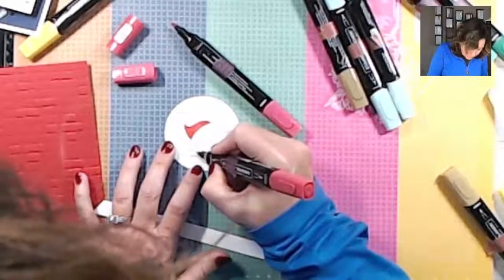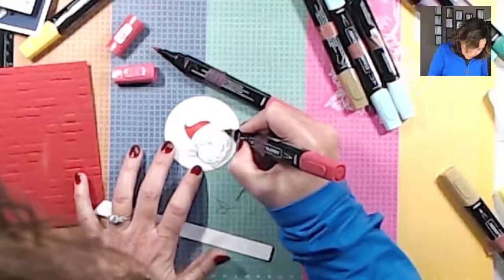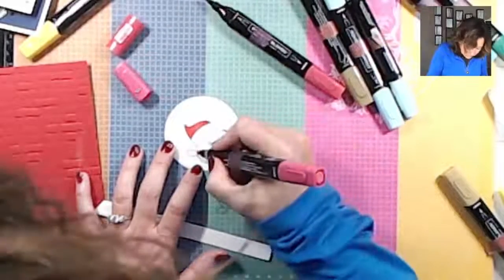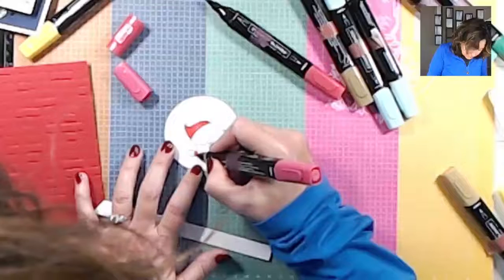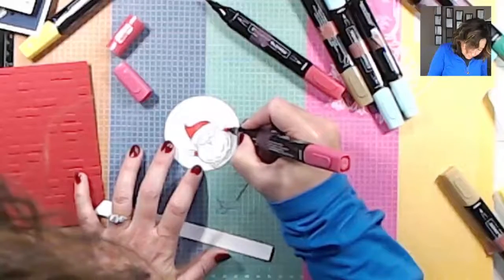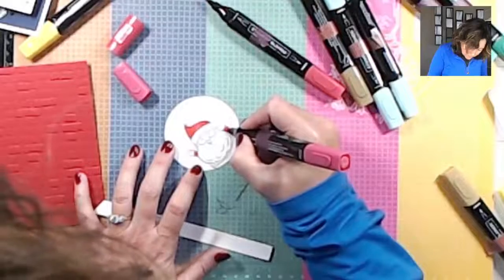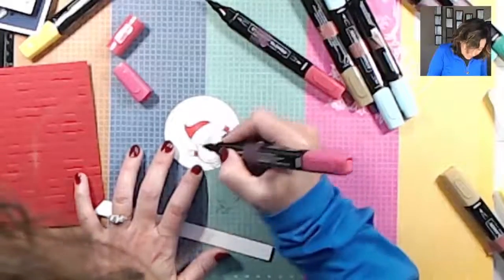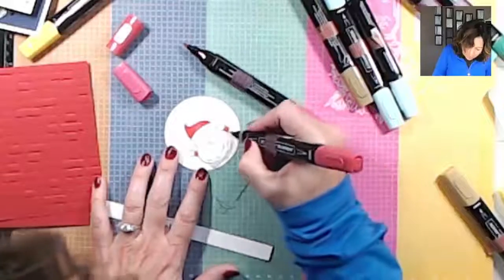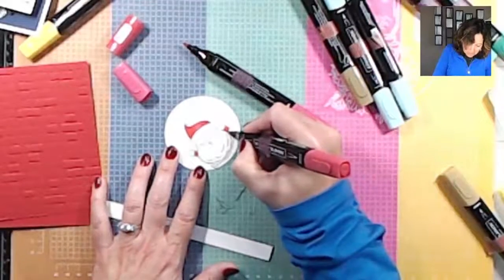And we'll assume that his shadow is throwing a little shade onto his sleeves. And we have an ivory color that you can use for skin tones, but there are lots of colors that you can layer for different